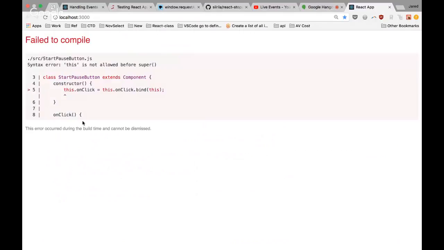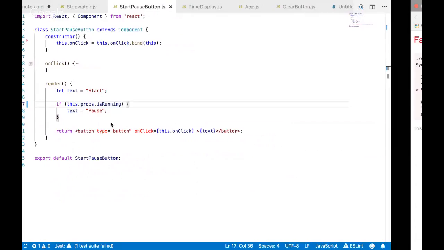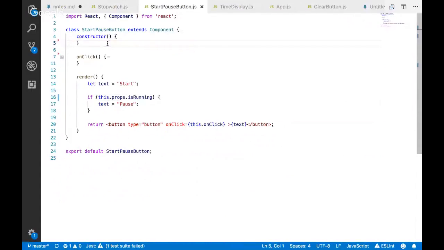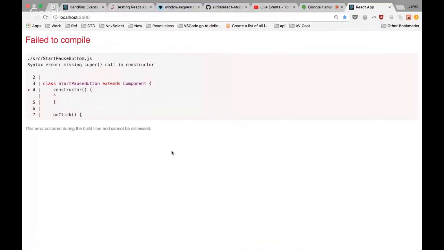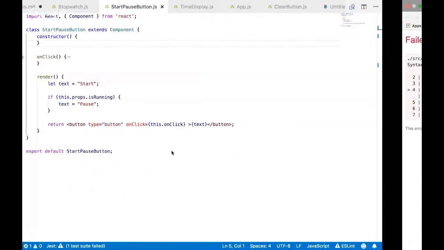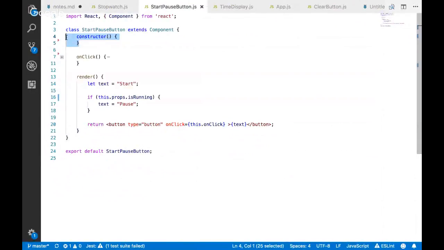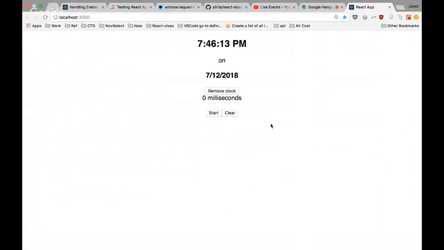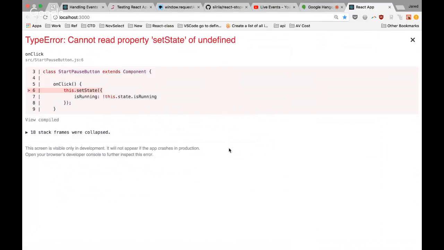So let's see. I still have my onClick, and I'm going to get rid of this right now, and we'll see if that lets me get rid of that. Oh, missing super. I'm just going to get rid of the whole constructor. Let's see what happens here. Okay, so we're good right now,